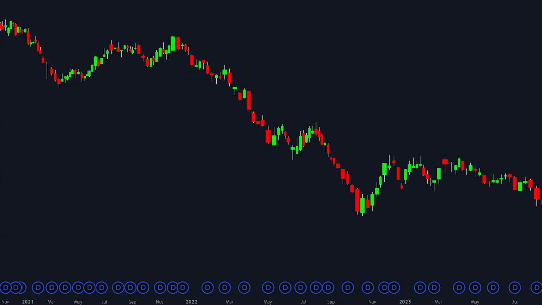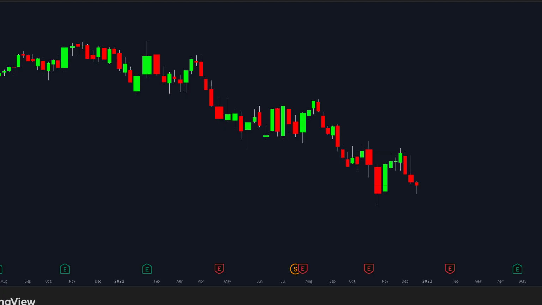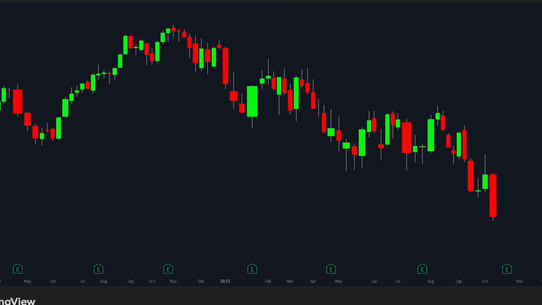The answer is not the size of the decline. We need to understand what price was doing before it started falling, where the decline appears inside the larger movement, and which level must remain intact. In this video, we will compare 4 real market examples and see why similar looking declines can mean completely different